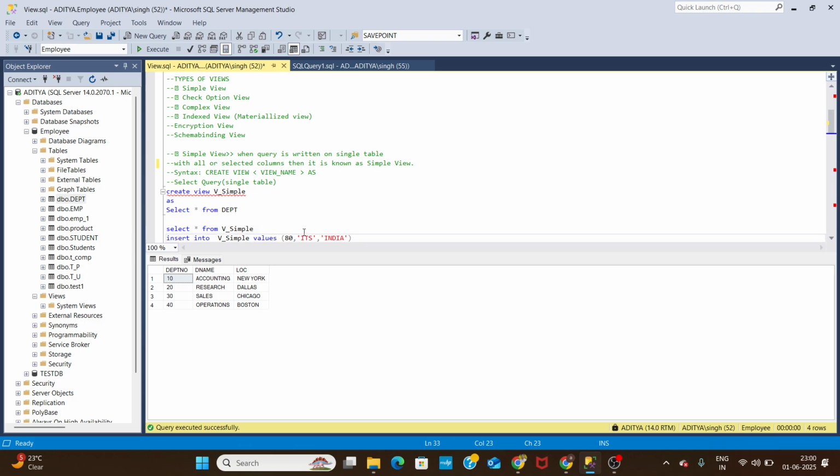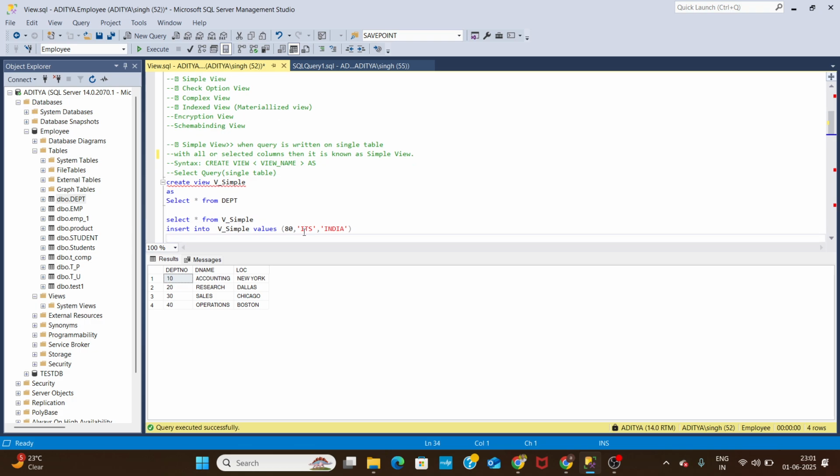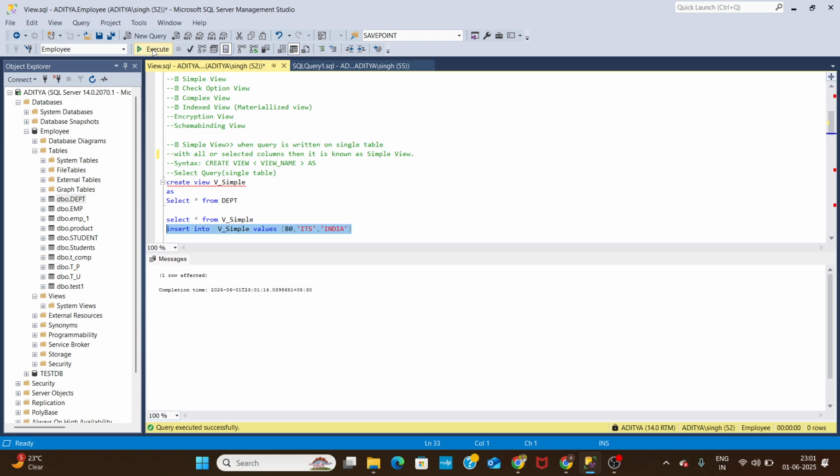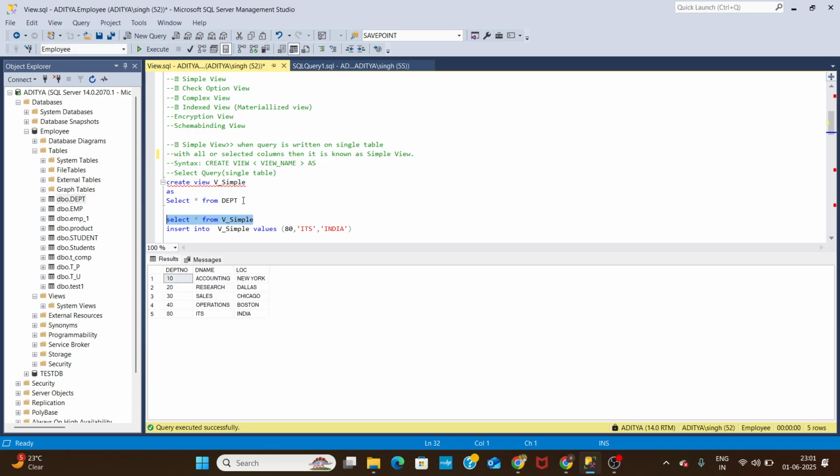Guys, just now we spoke about how any changes we make onto the view will show in the table. So guys, I'm inserting one record into the view. I'm not inserting the data into the table. Keep it in mind. I'm executing it. So guys, one row is affected. So this data we can see in the view. Same data, if you come and run your table, you will see that. So guys, your department number 80 data is available here.